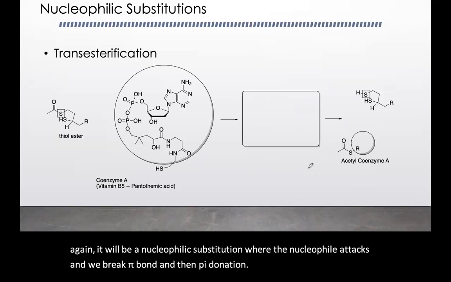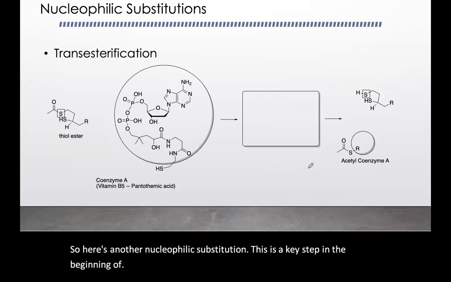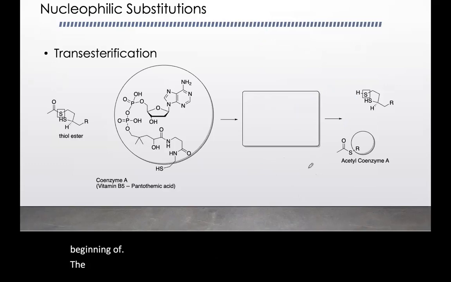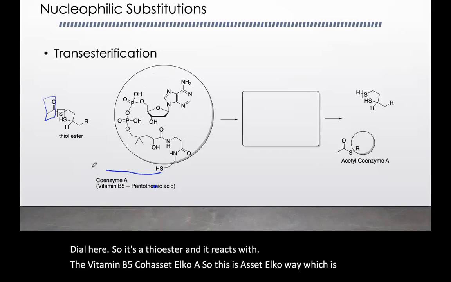So here's another nucleophilic substitution. This is a key step in the beginning of the tricarboxylic acid cycle, the TCA cycle. It's the transferring of the acetyl group right here, which at this point is bound to pantothenic acid, vitamin B5, with a thiol here, so it's a thioester, and it reacts with the coacetyl-CoA. So this is acetyl-CoA, which is a thiol. So this is